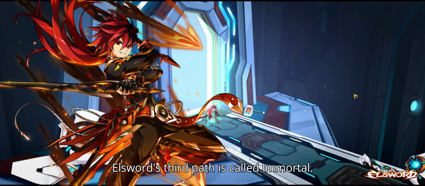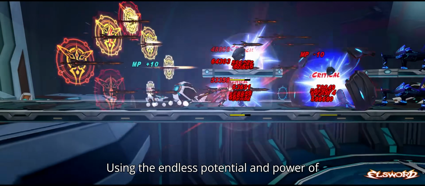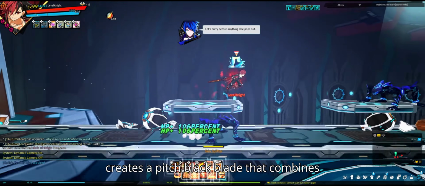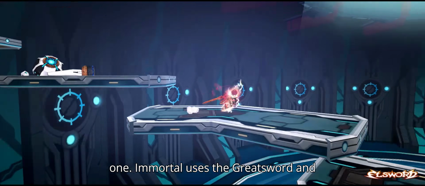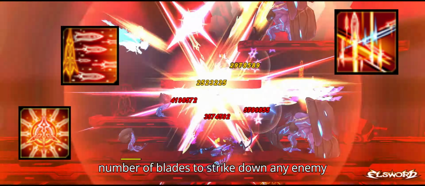Elsword's third path is called Immortal. Using the endless potential and power of the Conwell sword, Elsword accepts the power of the Dark El as his own and creates a pitch-black blade that combines all of his infinite summoned swords into one. Immortal uses the Greatsword and Conwell in tandem to summon an infinite number of blades to strike down any enemy